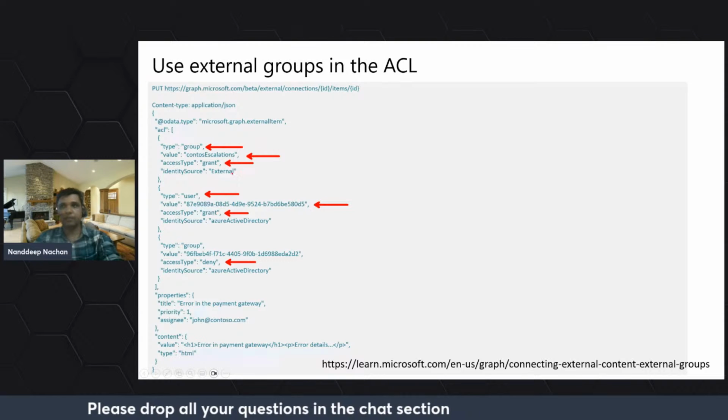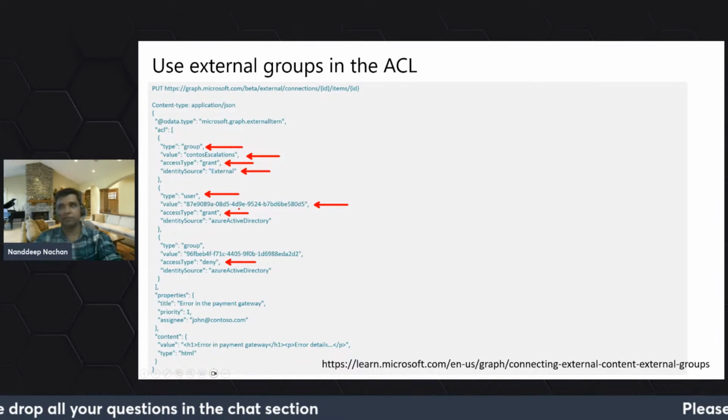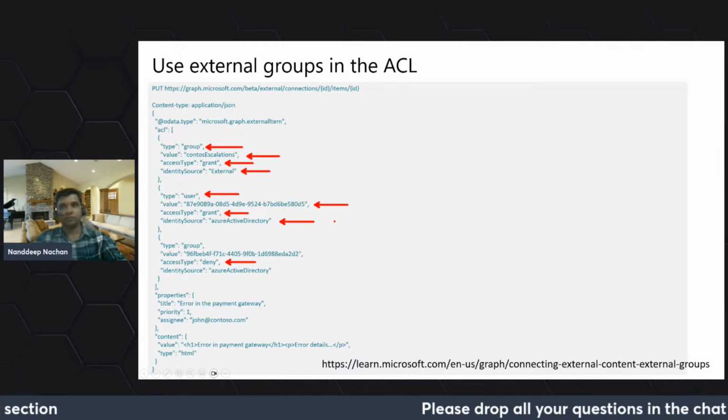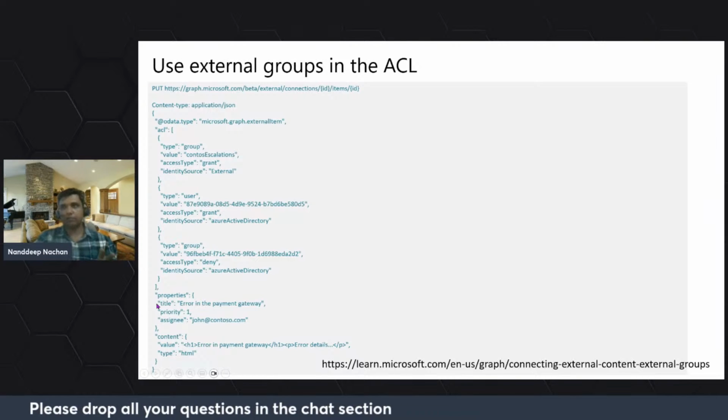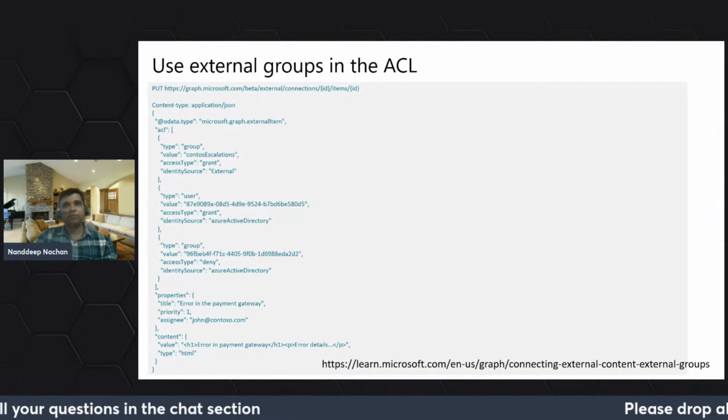And then the identity source will be external. For example, if it is a nested group, and it will be Azure Active Directory, for example, we have a user or group which is already existing in Microsoft 365 Azure AD. Okay, so that was a quick look at how you can securely bring the content from the external systems into